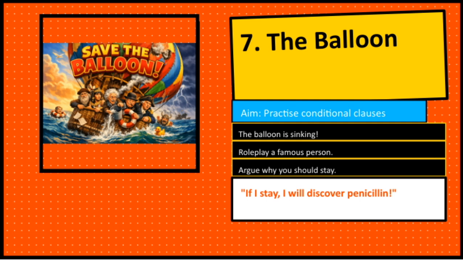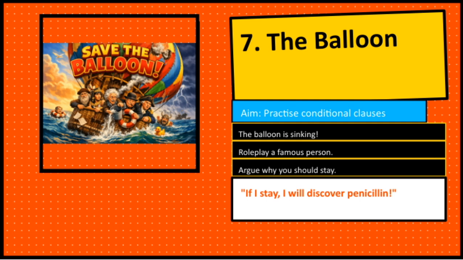It's about understanding that our choices can lead to significant outcomes. Imagine role-playing as a famous scientist, like Alexander Fleming. If Fleming had decided to leave the Petri dish untouched, he might never have discovered penicillin. Staying and observing led to that incredible breakthrough. And look at the balloon. It's sinking. This visual reminds us that if we don't act or stay focused, we might miss important opportunities or